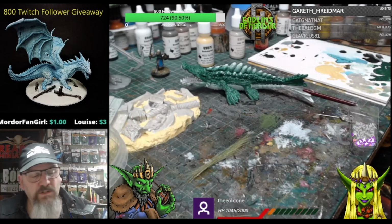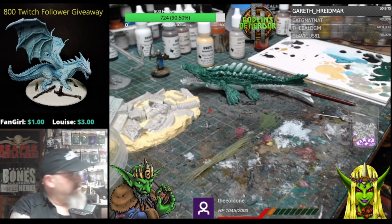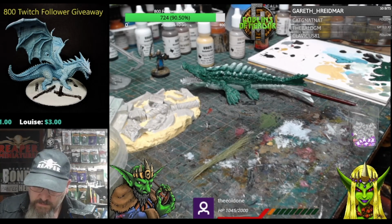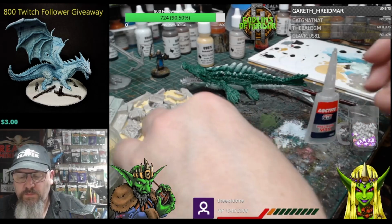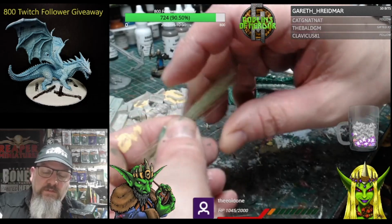And I need to get my super glue. Where's my super glue gone? Let's see if I've got an open one. Have I got an open top? Just check. A little pokey stick. There we go. Now, all we need to do with the fibres here is we give it a twist in the middle,